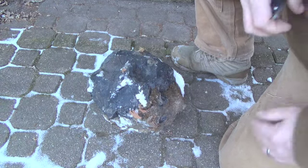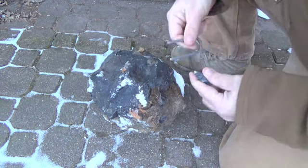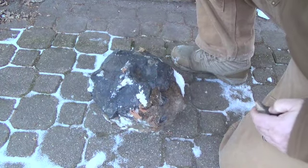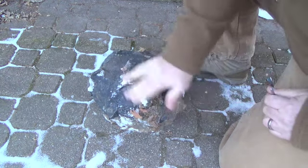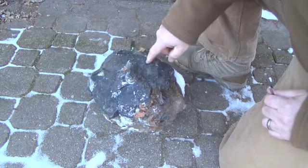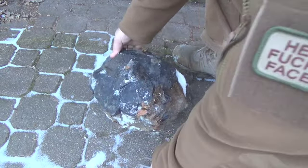So pretty impressive as far as that goes. And what's so cool about this, now look, obviously I'm not great at this, so let's see if we can. That'll throw sparks, right? This obviously throws really great sparks, so I definitely think it's some kind of flint or chert. But what's so cool about it, besides pretty much having a lifetime supply of it, is you can see, like, what do they call that? Conchoidal fracturing. Like, you can see a piece has been chipped out of here that's been worked, out of here, out of here,